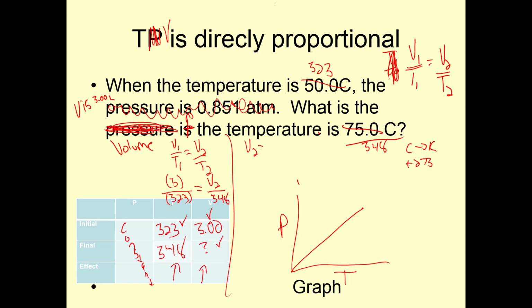So V2 equals cross multiplication. 3 times 348 over 323. V2 is something with math. 3 times 348 divided by 323 is